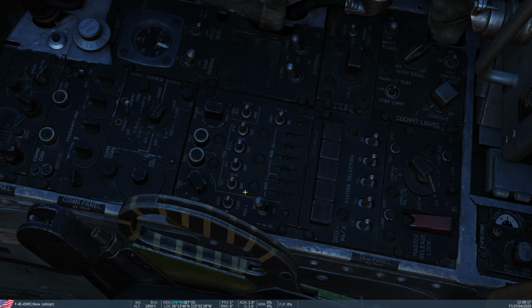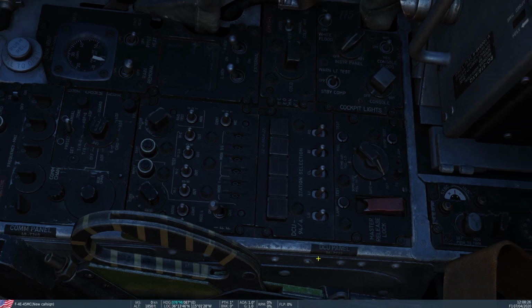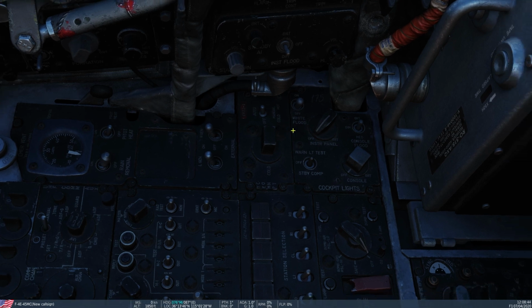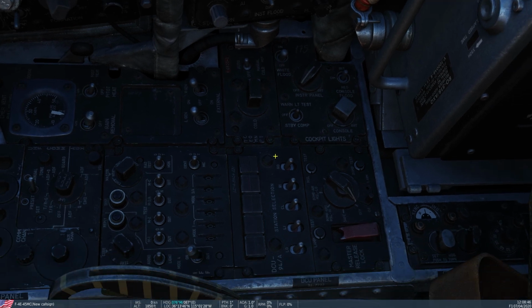This is all your IFF panels with all your IFF settings and codes you can input. So that's all there. Down below is the nuclear arming panel, which is not in use, so you don't have to worry about it. You're not going to worry about using this because nuclear weapons are not simulated in DCS. You have basically your climate control over here, so your temperatures up there. We have more of your lighting controls